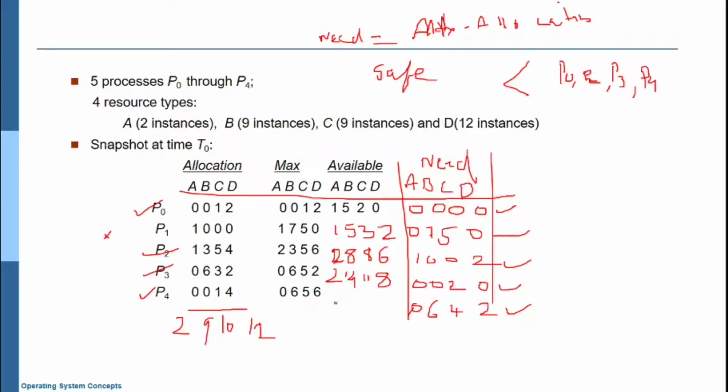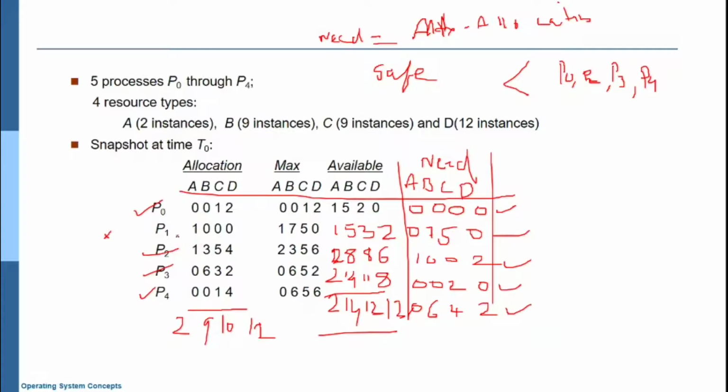So after it releases, 2 plus 0, it is 2. 0 plus 14, it is 14. And 1 plus 11, it is 12. 4 plus 8, it is 12. Okay, so next it is